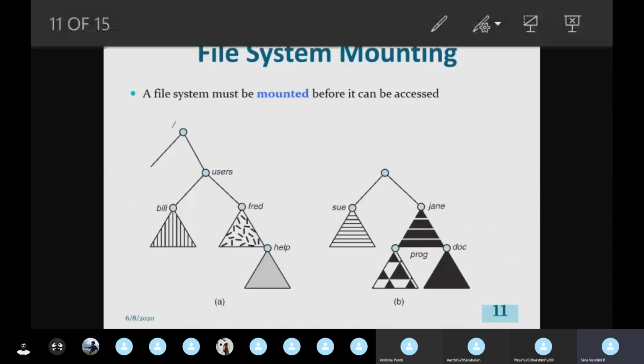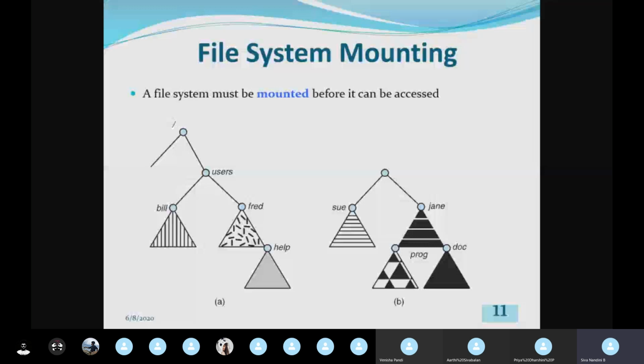Next we are going to see file system mounting. What do you mean by mounting? To access a file, we need to include that file in the disk storage. That is known as file system mounting. How will we include that file in the disk storage? That file will be included in some path. For example, normally in our computer system, the whole memory is divided into partitions like C partition, D partition, E partition.